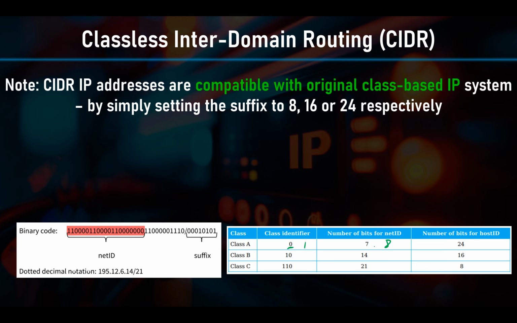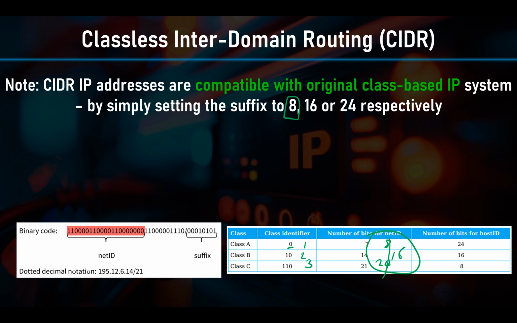Then for the next part, B, this is 2 bits plus 14, so that's 16. For class C, that's 3 bits plus 21, so that's 24. Hopefully that's how you can see that if we set the suffix to 8, 16, or 24,